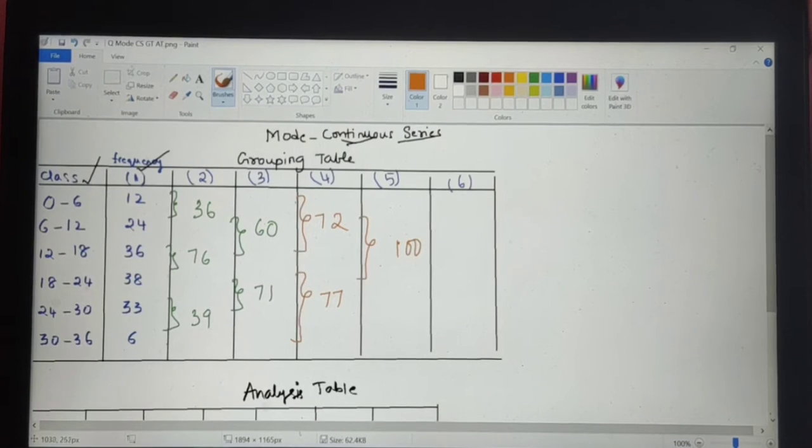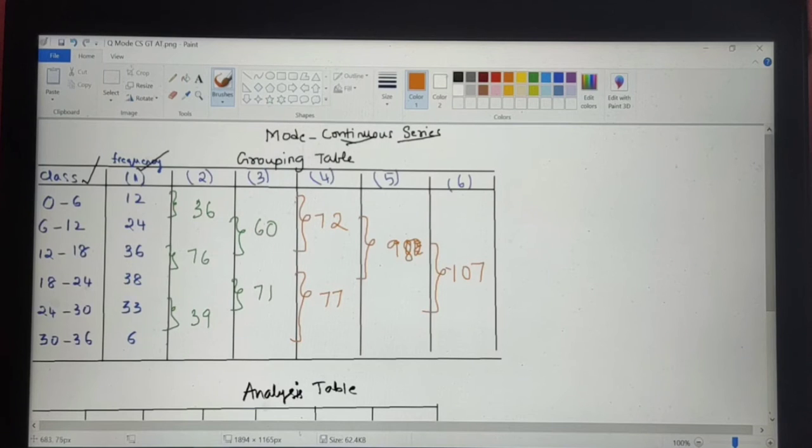So we should be adding 24 plus 36 plus 38, so 76, 80, this will be 100. Now when it comes to the last column, leave the first two values and group it into threes: 36, 38 and 33. So this will be 72, 77, 87, 97 and this is 107. I made a small counting error here. This value is 98, so you do not have 100, it is 98. These are the values that I have got in my grouping table.